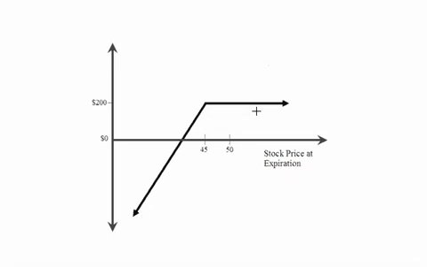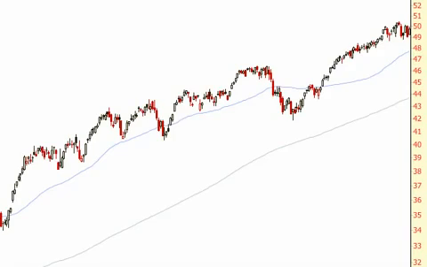So let's take a look at a chart and see how this relates to a chart. Okay, so here's a really good example, and this is just a general stock that we picked out at a certain period of time of selling a put at, let's say, 45. So now we can also sell calls above the market, but let's use this same example we've been working with of selling a put at a strike price of 45. Now you can see that if we sell this put at a strike price of 45, the market would basically have to crash here